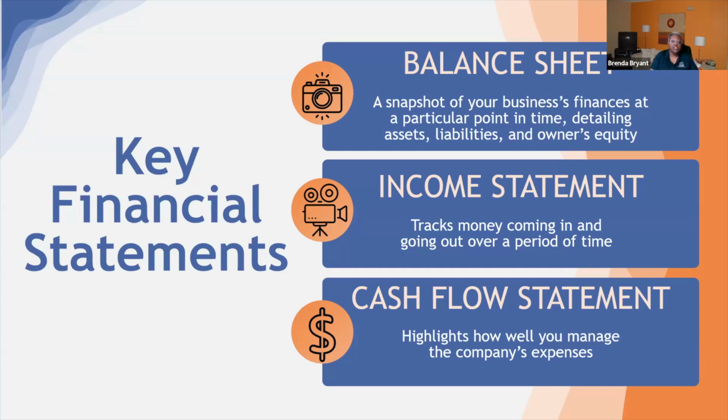Income statement is a little different. So an income statement is more like a video, because with that, you're going to be tracking money coming in and going out over a period of time. So if I say, I would like to see your income statement for the year, it's going to go from January 1 to December 31, and it's going to tell me what has happened during that time. I can break it out into months so it can show me the activity that's happening every month. I can look at what's happening at the end of the year at December 31st, and it's going to show me the activity that has happened during the year.